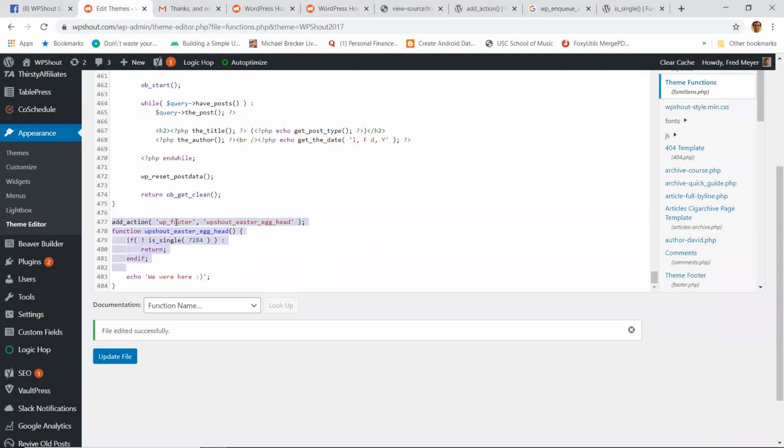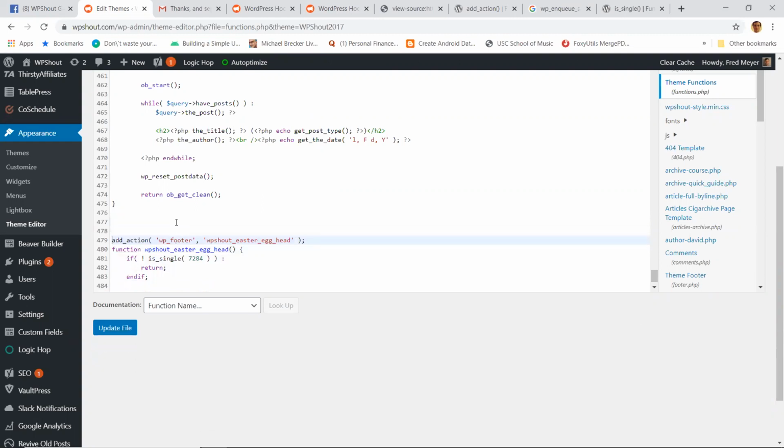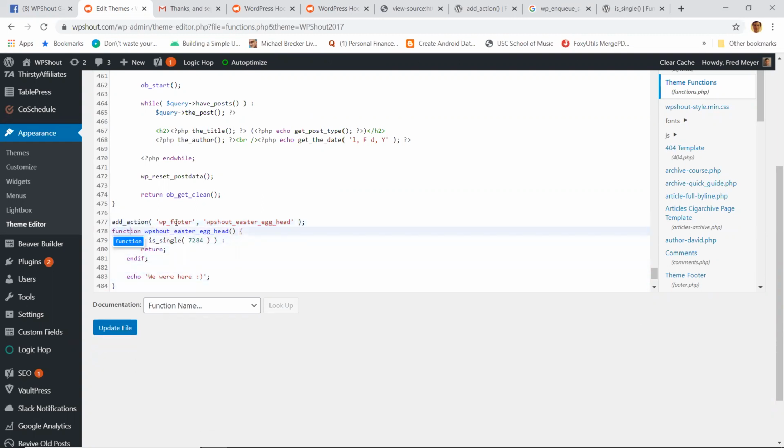And then I'm just going to go ahead and maybe filter the content. Okay, come on. I'm going to change it to a filter, and this time we're going to do the content. The name of this filter hook is the_content. I'm just going to change the name of the function to just wpshout_easter_egg_content, right? Now, we have to do something different this time. We have to